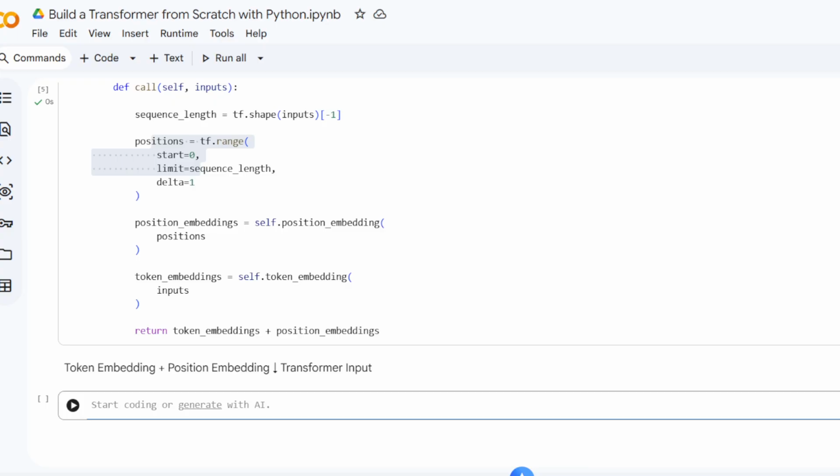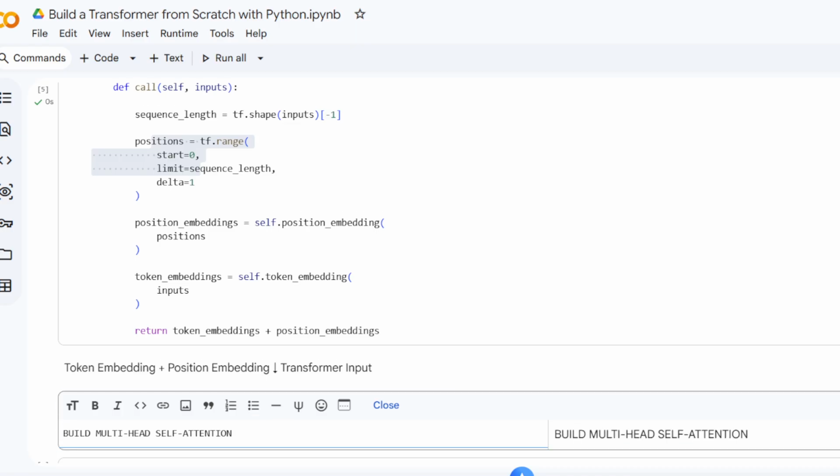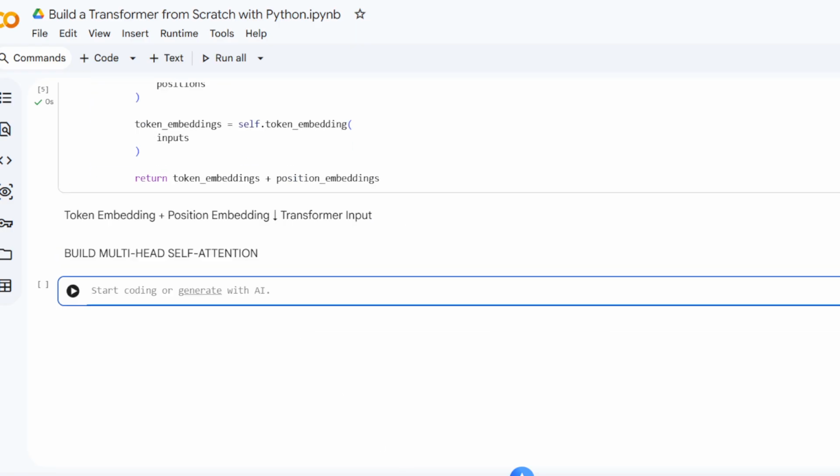So now we are going to build the multi-head self attention, right? That is the most important thing. Now we are going to write this self attention here. Let me write this thing here. So first thing we have to perform,